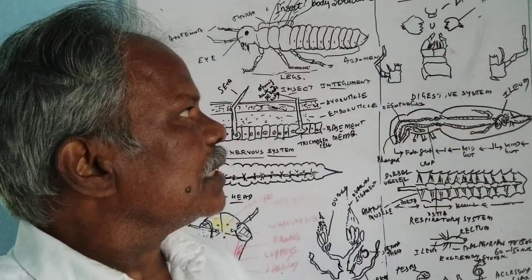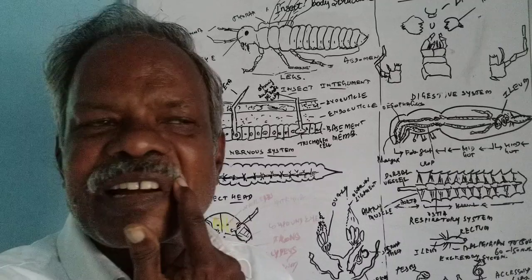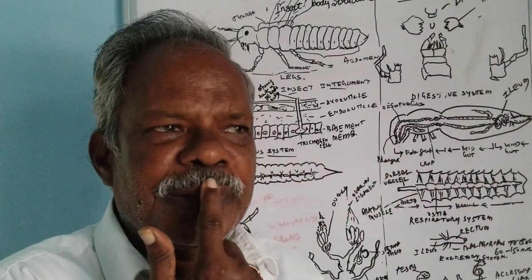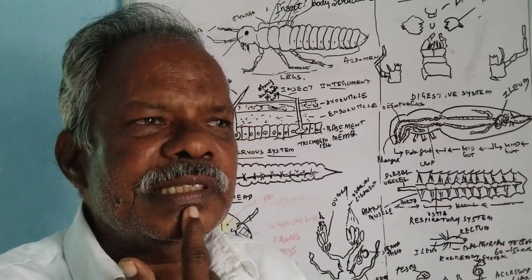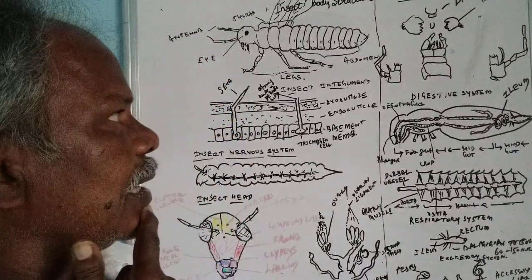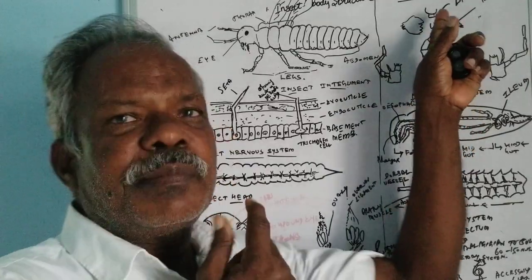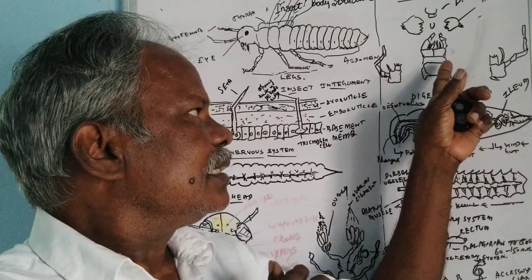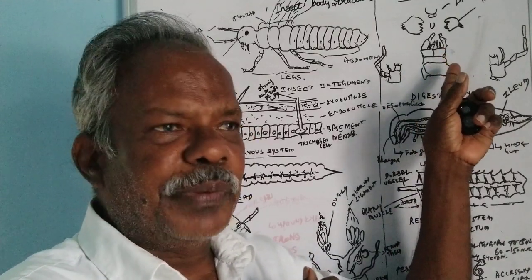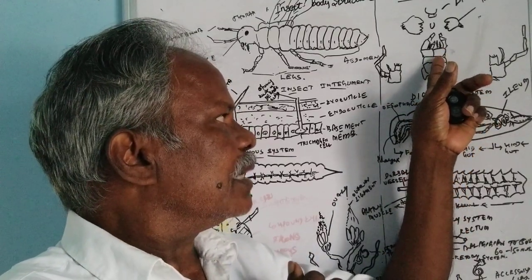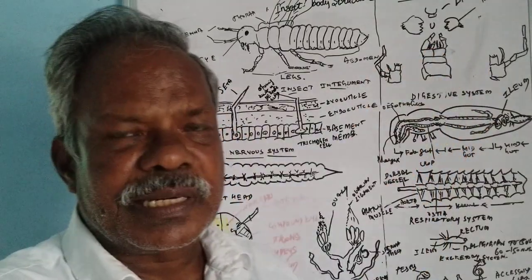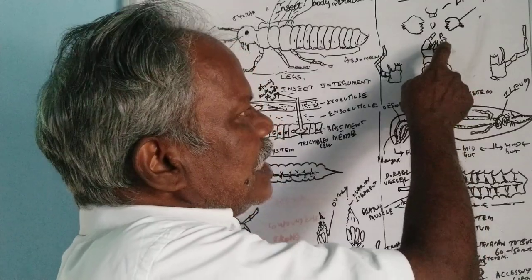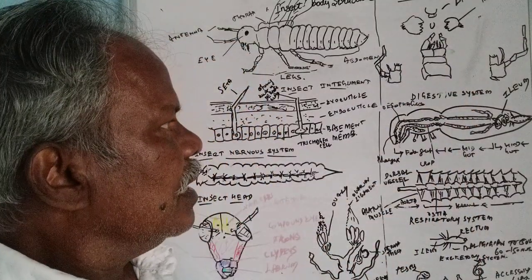The upper portion is called the upper lip, as our lip is, upper lip and lower lip. The insect also has an upper lip called the labrum, and a lower lip called the labium. The labrum consists of 2 divisions, and the labium consists of submentum, mentum, and prementum. So totally 3 segments are there. From the inner segment there is the clypeus and the labial palp.